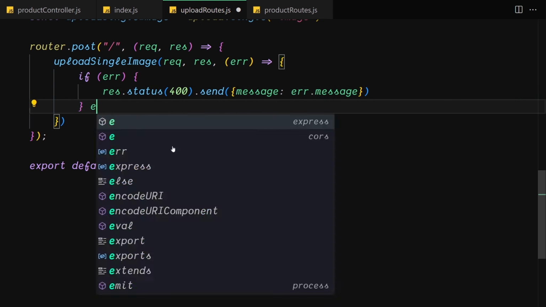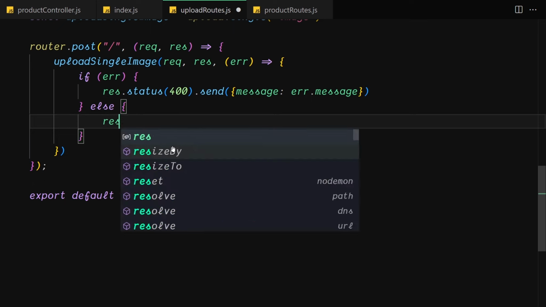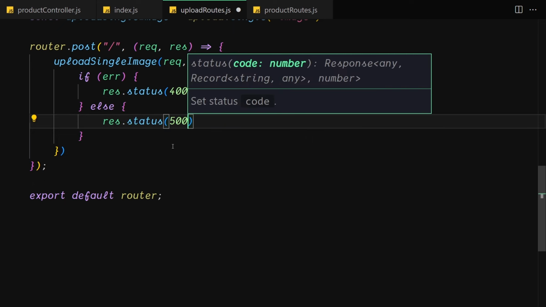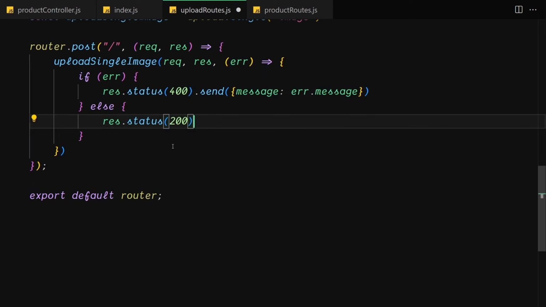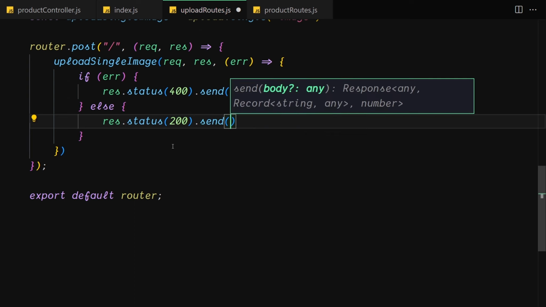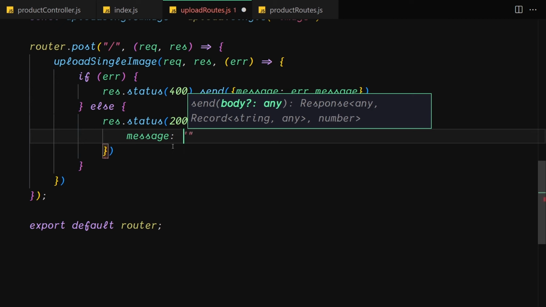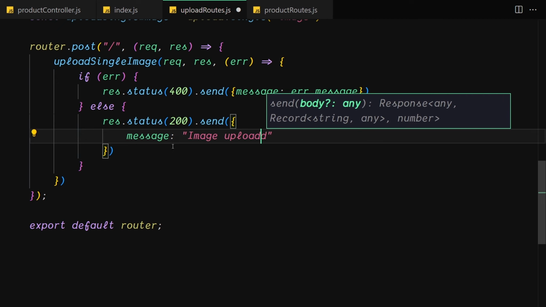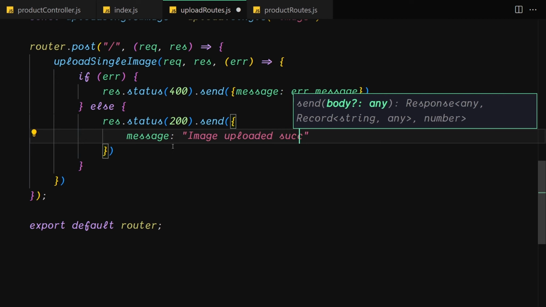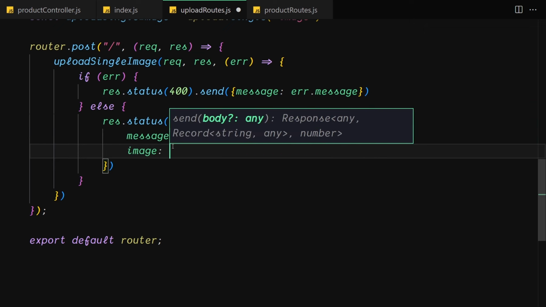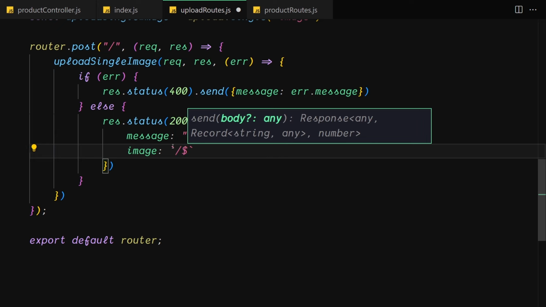So if that's not the case, what do you want to do? We just want to write res.status of 500, not 500 but 200 in this case. It will create that image for us and send that. And here we just have to specify the message. I'm going to write a message of like image uploaded successfully, and also provide that image right here. So image, and let's just go ahead and use this slash and use